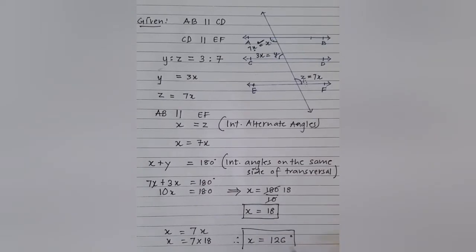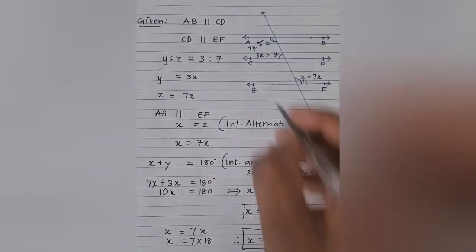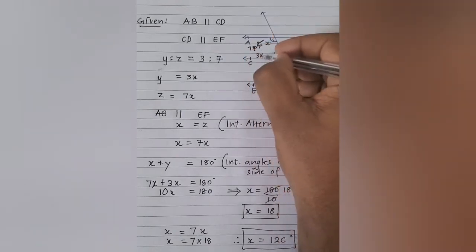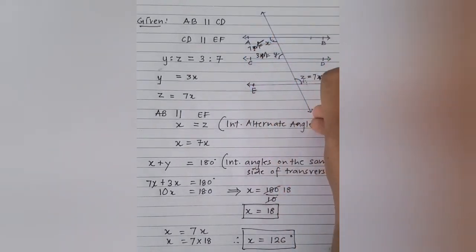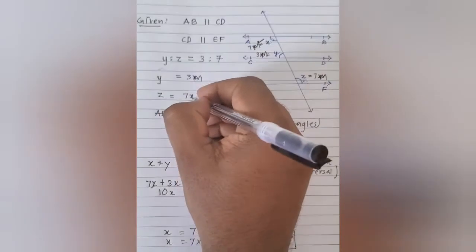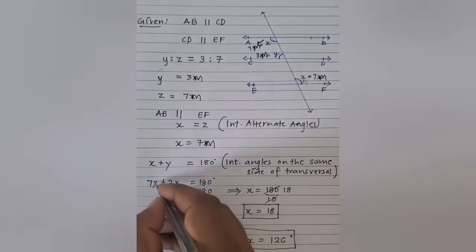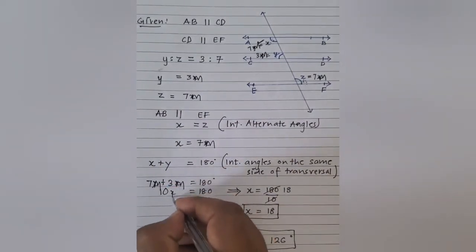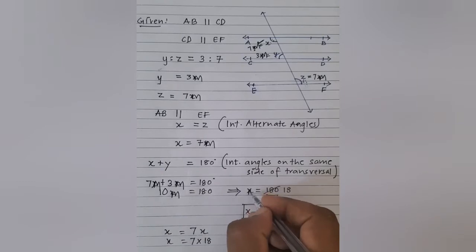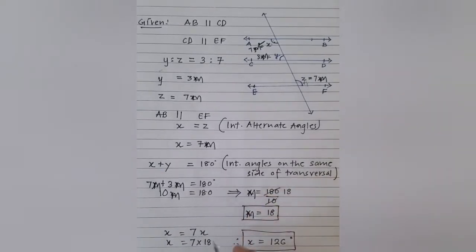So, if you have got confused a bit here, then all that you have to do is replace the value of this ratio as m. So wherever x was there, I will put it as m, so that it becomes easy for you to understand and you don't get confused with the x of the ratio and the x of the question. I hope now this is pretty clear to everyone. Now let's get into the next question.